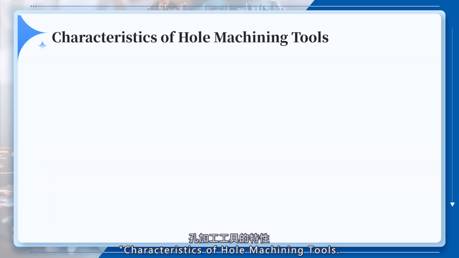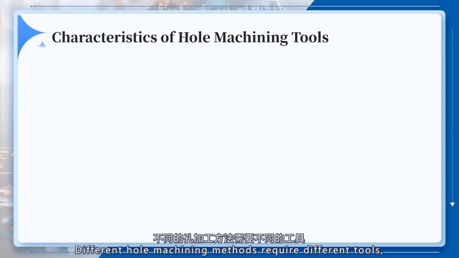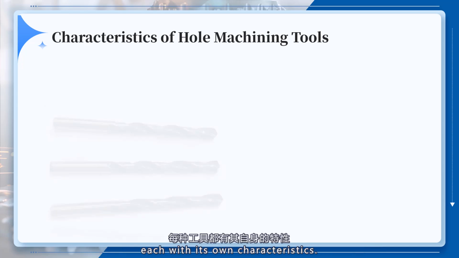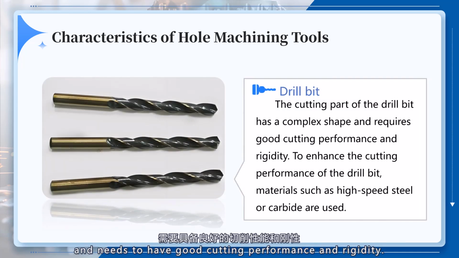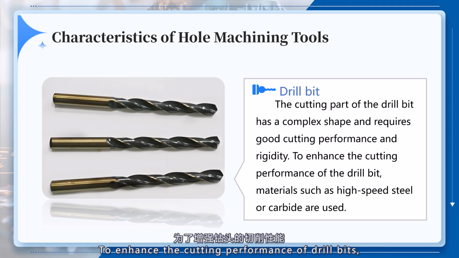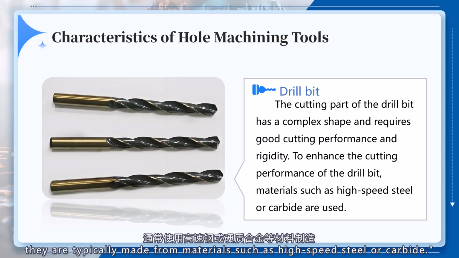Characteristics of hole machining tools. Different hole machining methods require different tools, each with its own characteristics. Drill bit. The cutting part of a drill bit has a complex shape and needs to have good cutting performance and rigidity. To enhance the cutting performance of drill bits, they are typically made from materials such as high-speed steel